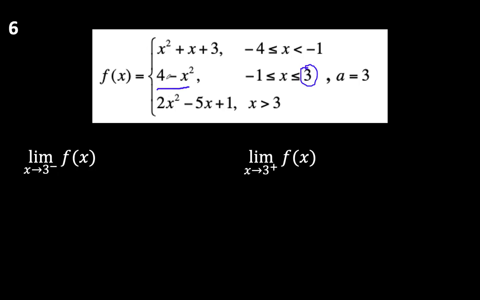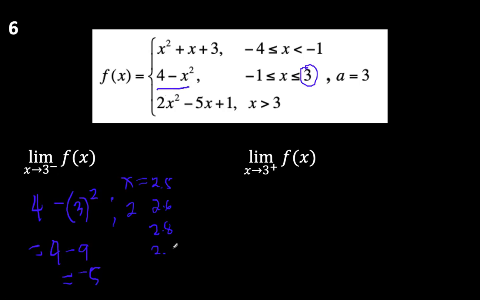So we have 4 minus 3 squared, which is equal to 4 minus 9. That's equal to negative 5. All right. So the graph is approaching negative 5. Now you can also use a table of points. You can use x equal to 2.5, 2.6, 2.8, or 2.9, or